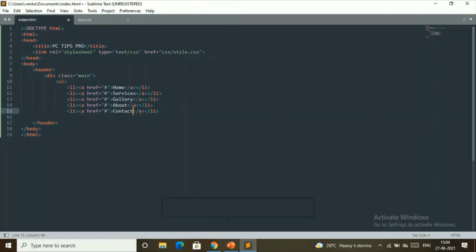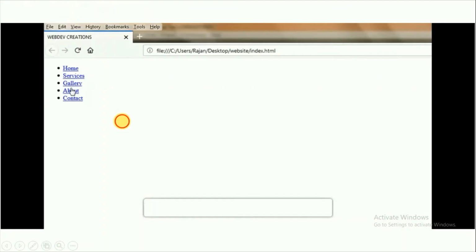Now after doing this, just save this by clicking here and clicking save, so that index.html is updated. And now we'll go back and check how this looks on our website. So this is how it looks. You can see it's very basic. And now let's get back to this HTML file.